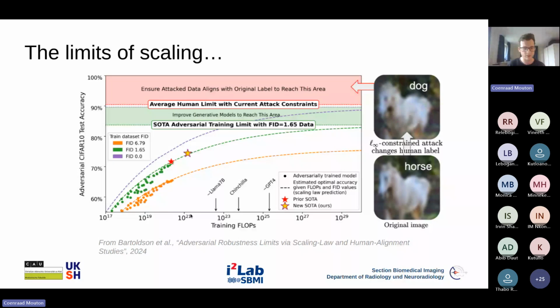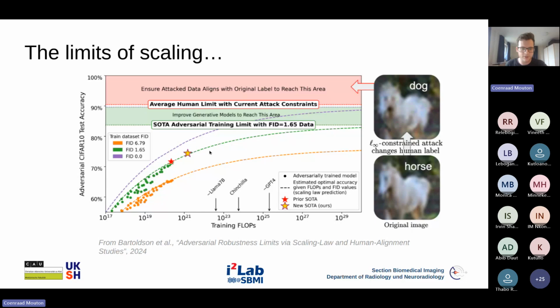You can see that at the moment we're sitting at 73%. And if we were to want to get to 80%, you can see we'd need around GPT-4 level of compute. That is entire warehouses full of graphics cards training away, probably for a month or so, being powered by their own nuclear reactor because it uses so much power, just to build an 80% robust CIFAR-10 classifier, which of course is just ludicrous. So clearly this is a very difficult problem, and just scaling data and scaling our models is not going to solve it in an effective manner.